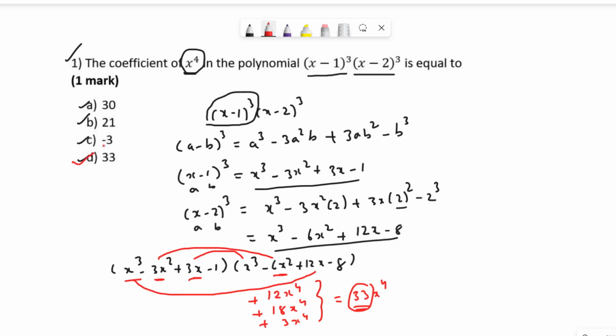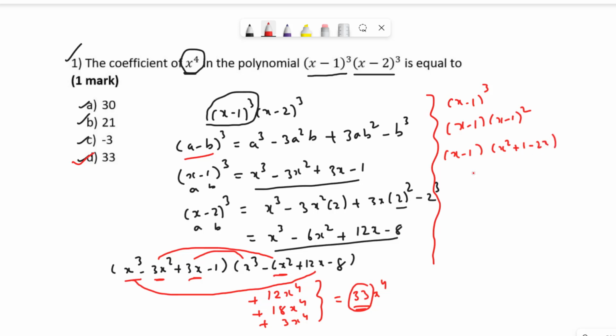So it's simple. In exam, if you don't get any idea, you can expand this, right? So I can write (x minus 1) whole cube. I don't know what is the formula of (a minus b) whole cube. Then I can solve this question like this. (x minus 1) whole square, again this comes to be the same. See here, x minus 1. Similarly, this is (a minus b) whole square. So this is a square plus b square minus 2ab. So this is equal to